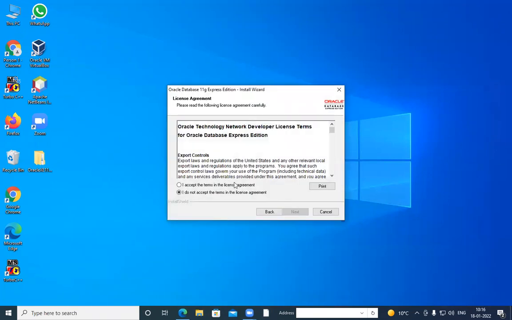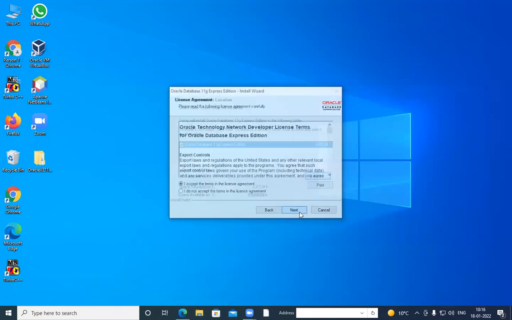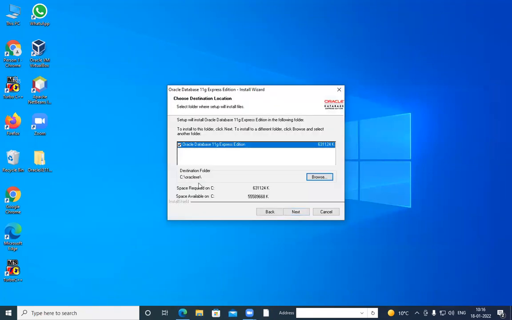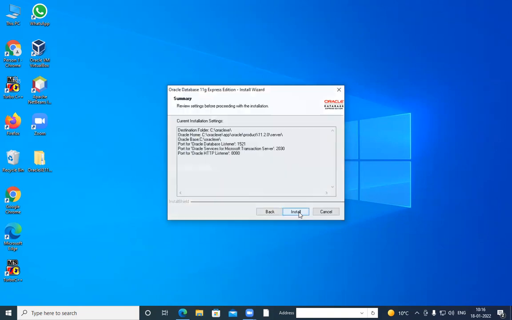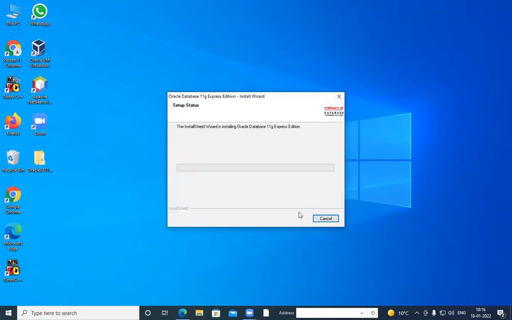Click on next, then accept the terms in the license agreement. Now remember, this folder is important, where your Oracle is being installed. So it is Oracle XE. XE stands for Express Edition, right? Then click on next. Then this password that you're going to set is for the two already pre-built users, sys and system. These are the admin users. They would be helping you a lot in controlling and configuring other user accounts. So remember this password, we would require it at a later stage when we are working with Oracle. Then start the installation process.